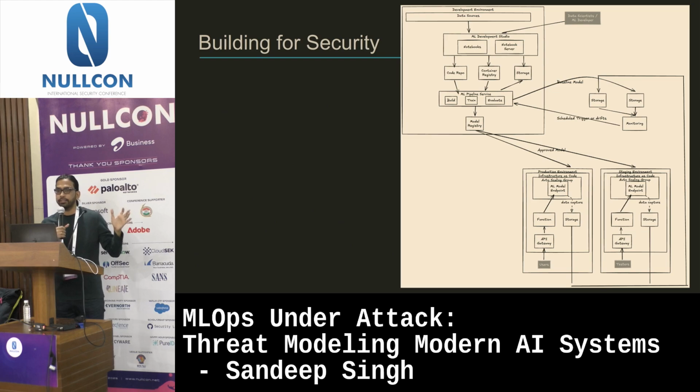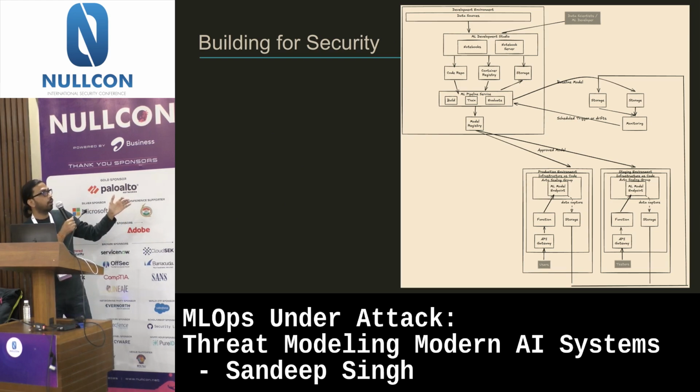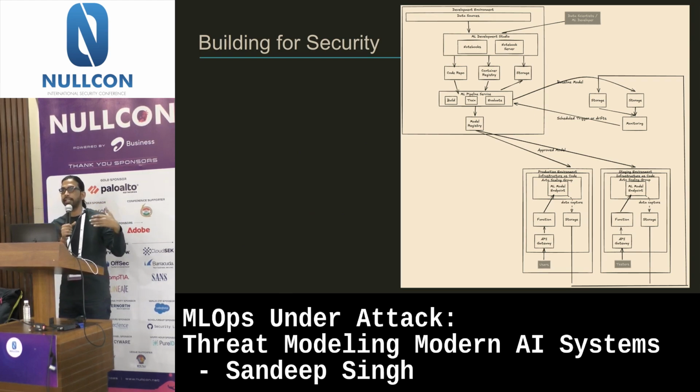Now look at this and see what security boundaries you can think of. There are so many things happening. So you have the data scientists, ML developer. When they are interacting with the development environment, that's a security boundary you can think of. Now, between the data sources and the development studio or the whole pipeline, that's where another security boundary comes. Like how are your data sources and the ML studio interacting.